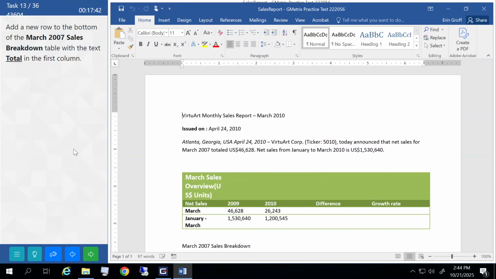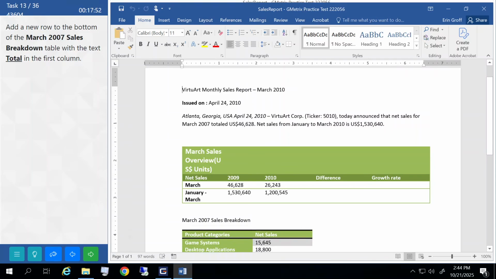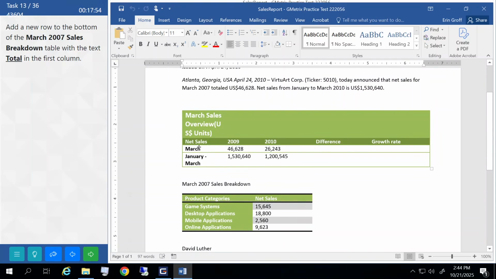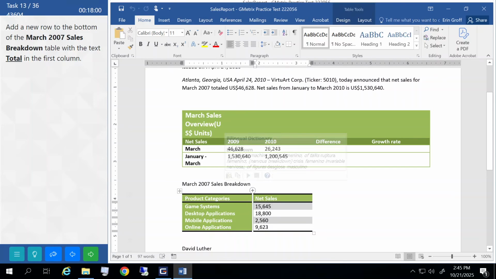Number 13, add a new row to the bottom of the March 2007 sales breakdown table with the text total in the first column. The easiest way to add a new row to the bottom of an already existing table is to put your cursor in the very last cell. So make sure you're in the correct table first. So we have March 2007 sales breakdown. I'm going to put my cursor all the way at the end here of